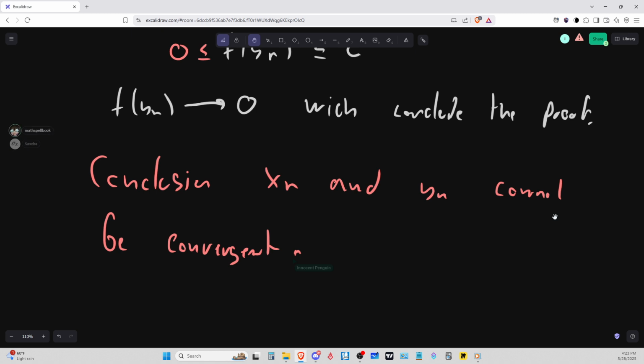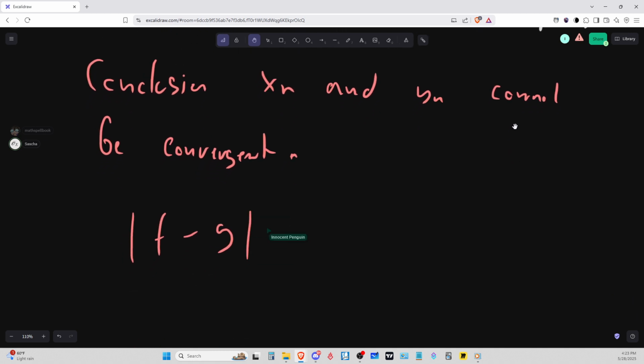So you can give a notion of distance for those functions. For example, you will say that the difference between two functions will be the